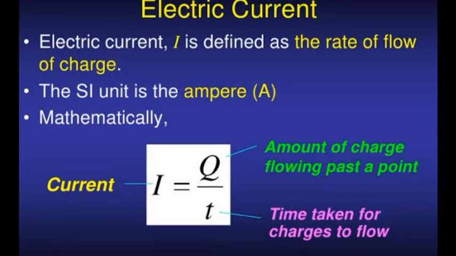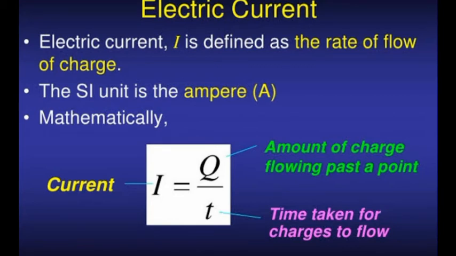The electric current is normally represented with the capital letter I, and in order to express this electric current we require a particular unit. The SI unit of electric current is ampere. In honor of the scientist Andre Marie Ampere, the SI unit of electric current is ampere and it is represented with the capital letter A. So, SI unit of electric charge is coulomb, represented with C. SI unit of electric current is ampere, represented with the capital letter A.